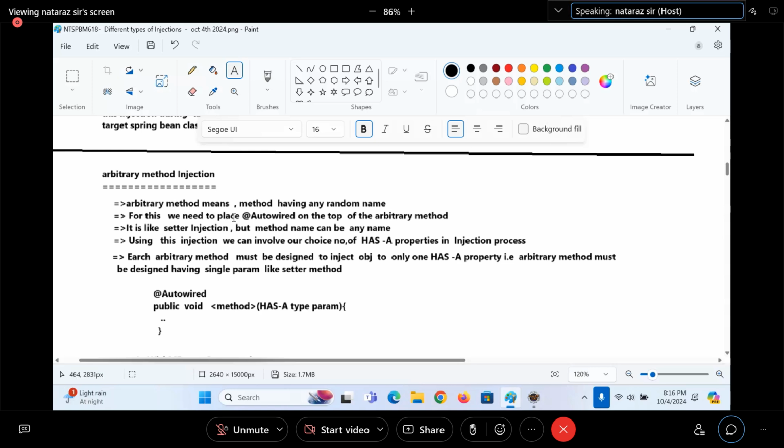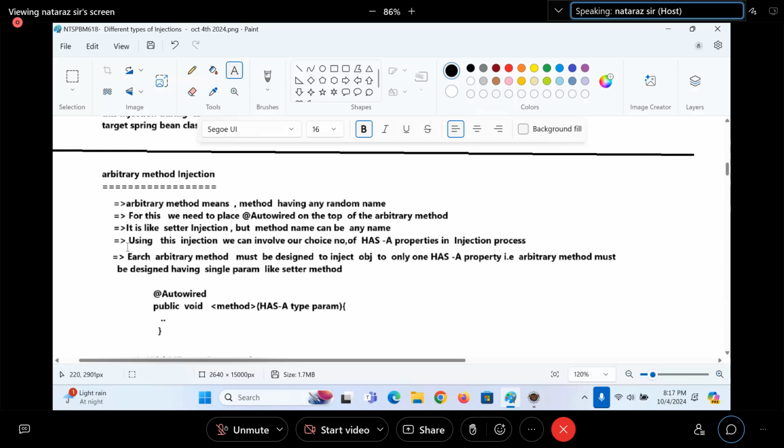For this, we need to place @Autowired on top of the arbitrary method. It is like setter injection, but the method name can be any name. Using this injection, we can involve our choice number of properties in the injection process.